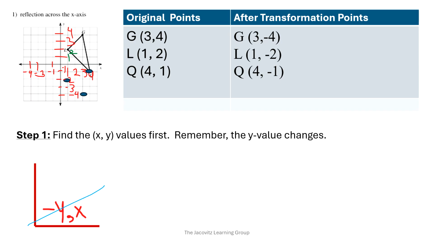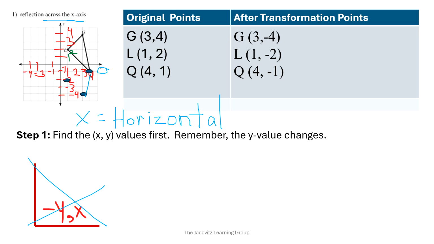So when they say across the x-axis, this is the x-axis. It's horizontal, okay? So it has to go across here. So all you have to do is go 3 and -4. So 3 and 4, this is now